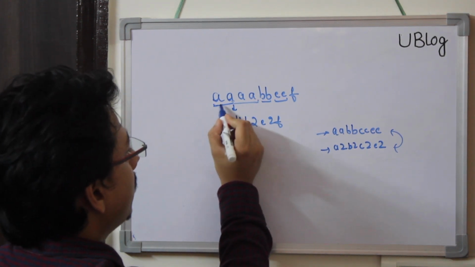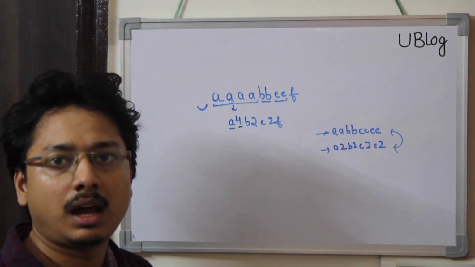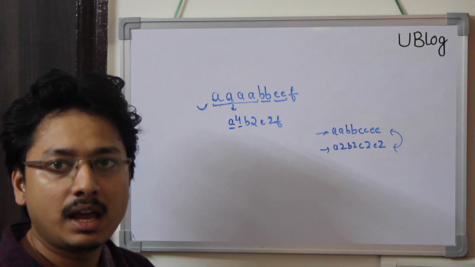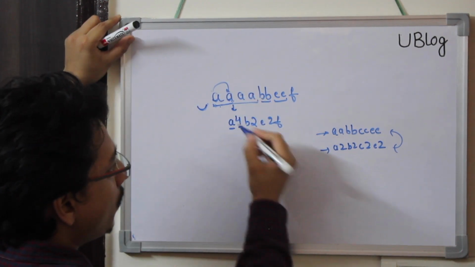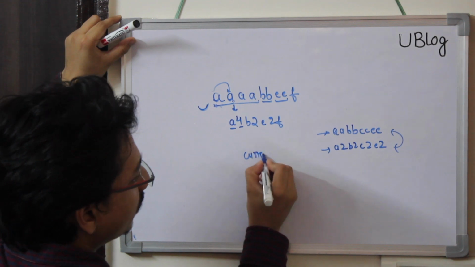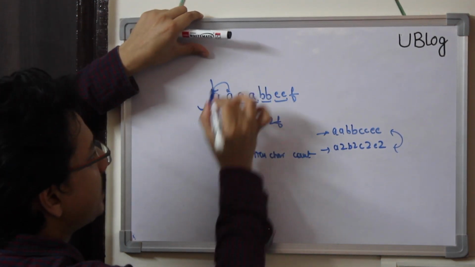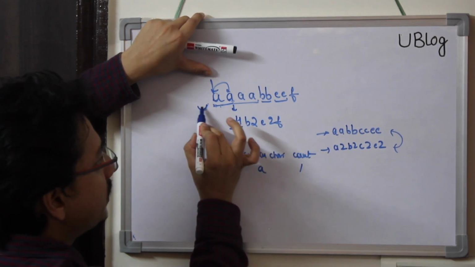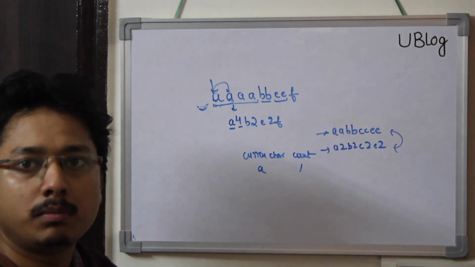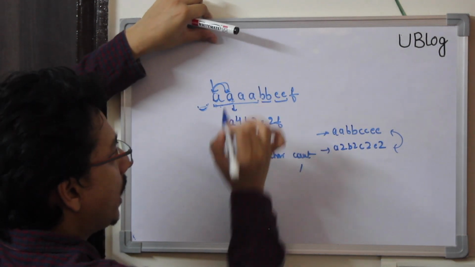So if I am here, I don't have any previous character. In this case my current character will be A and the count will be 1. Next I move on. So let's form a table: my current char, and then I have count. When I am at the first element, the current char is A and the count is 1. There is no previous element to compare, so I will not be comparing here, and I just move to the next element. So next I come to A again.